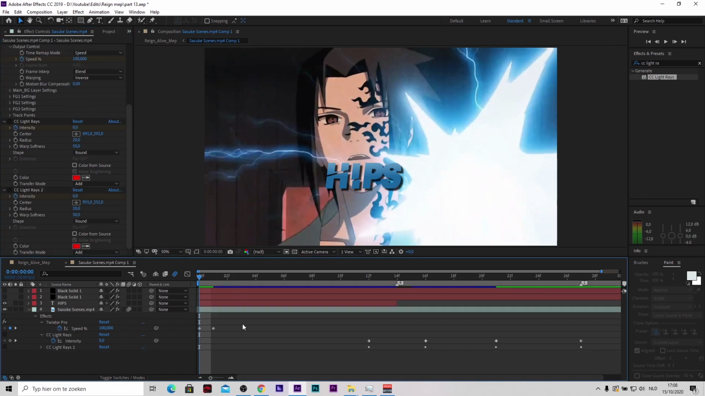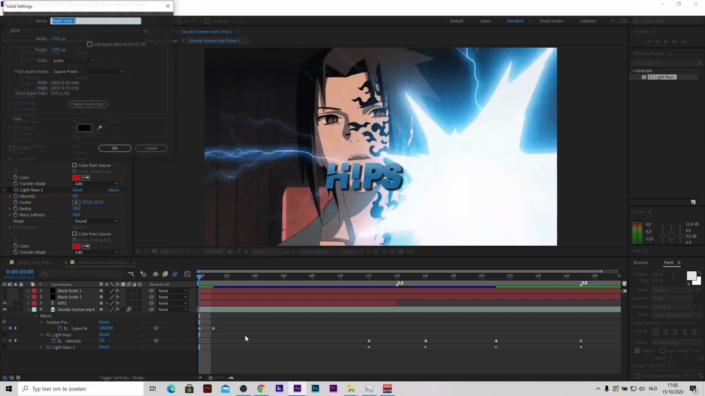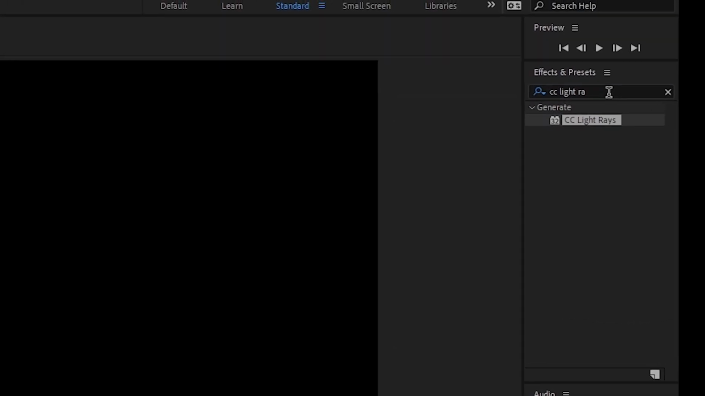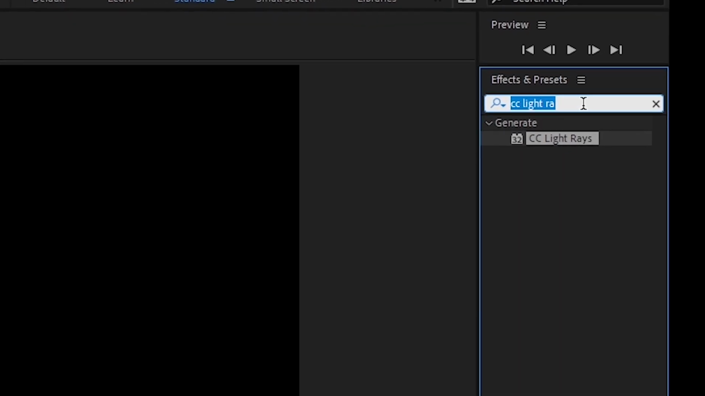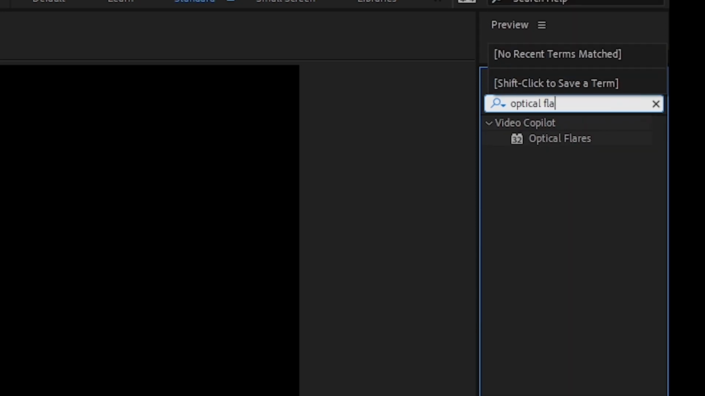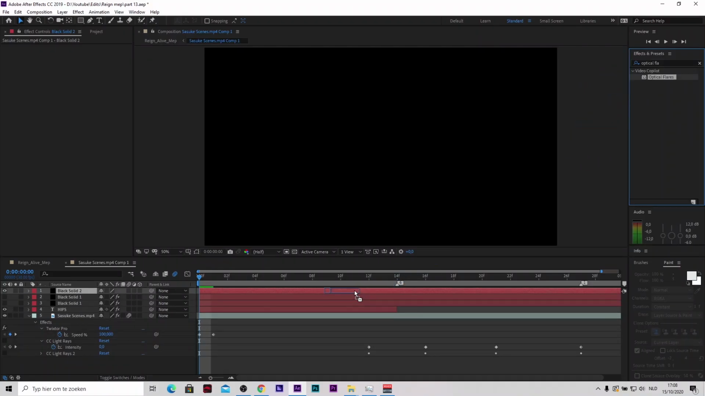And then for the lens flare eyes, just so you know, you're going to need Optical Flares, but I assume most of you have that, so just make a solid, a black solid. Then go to effects and presets, type in optical flares, add it to the solid,